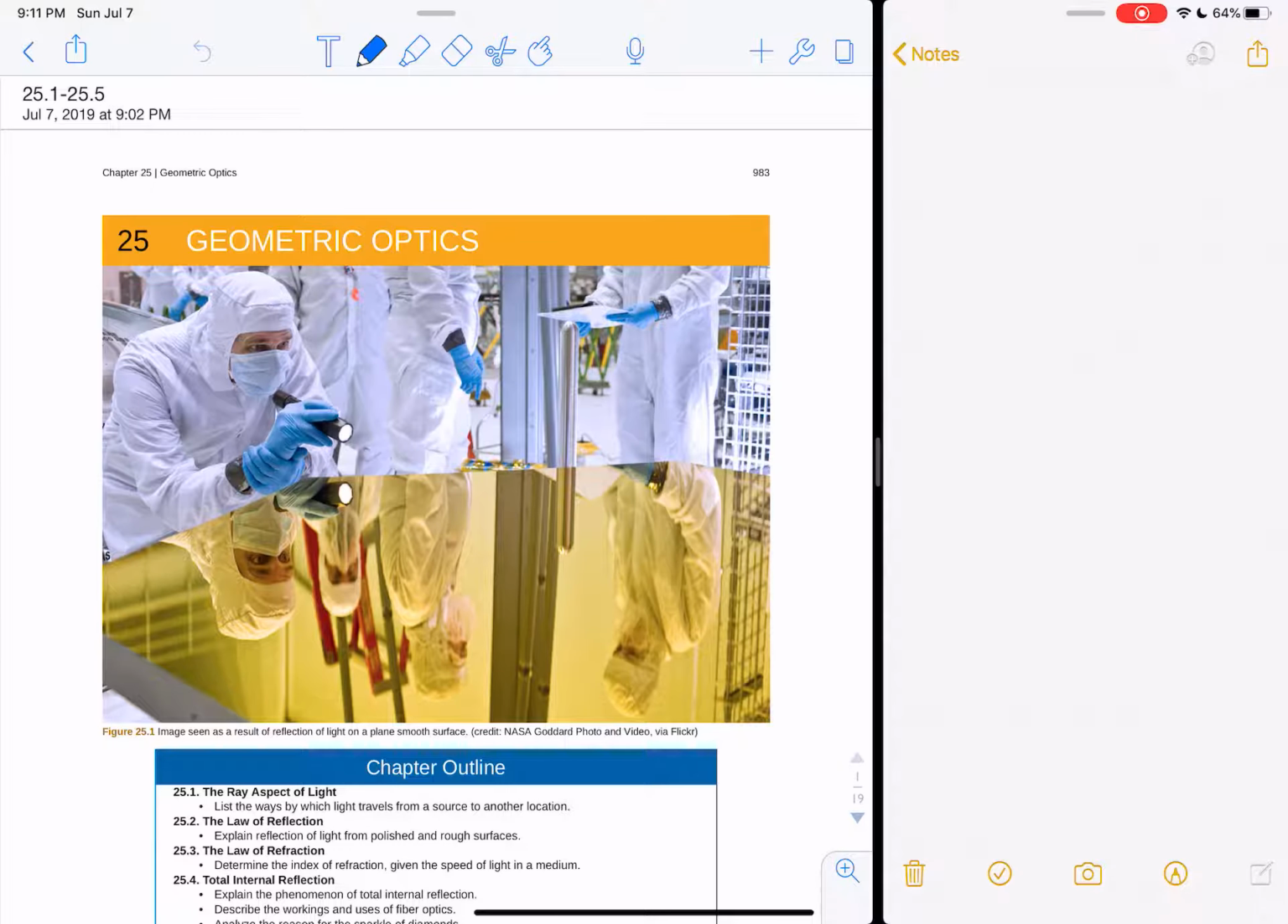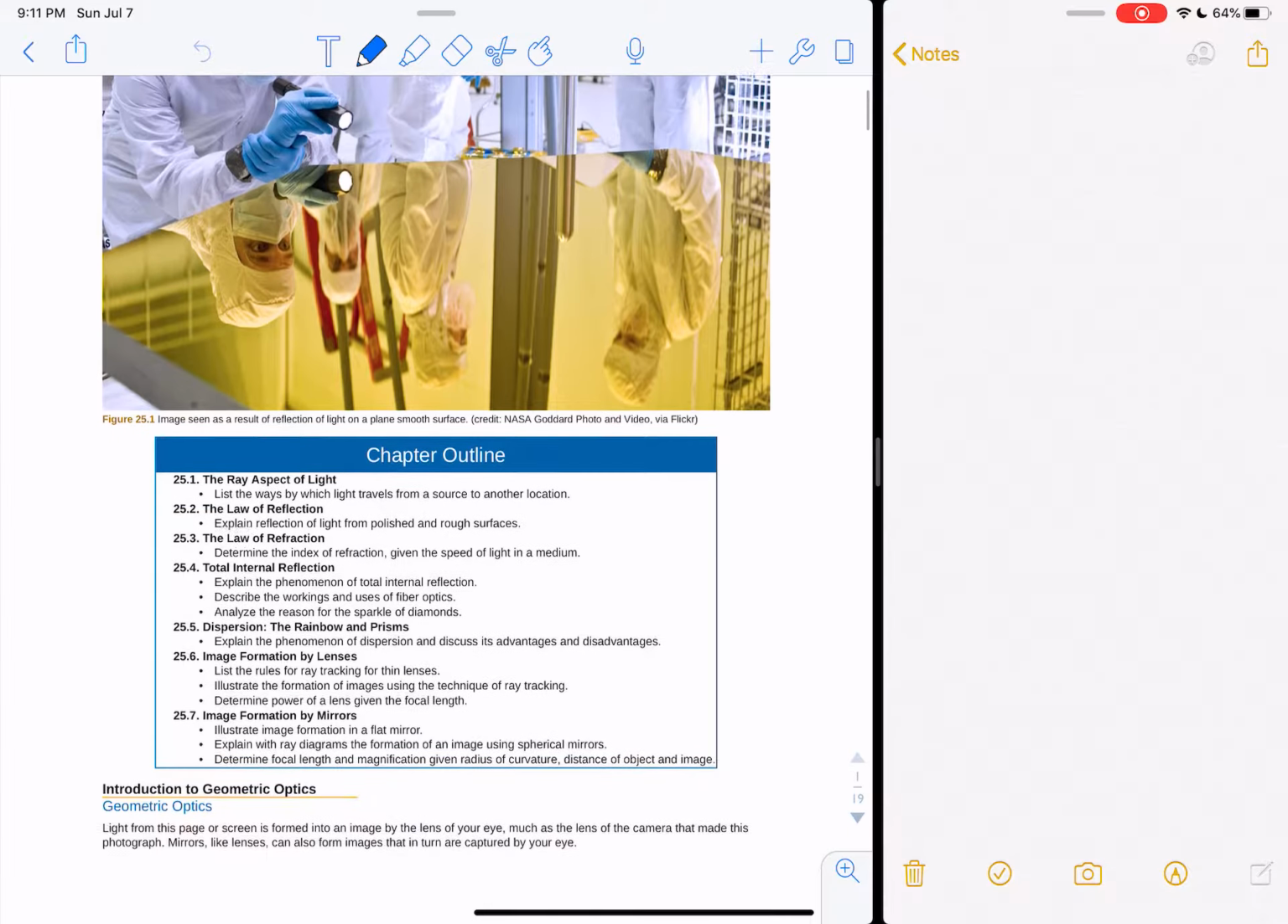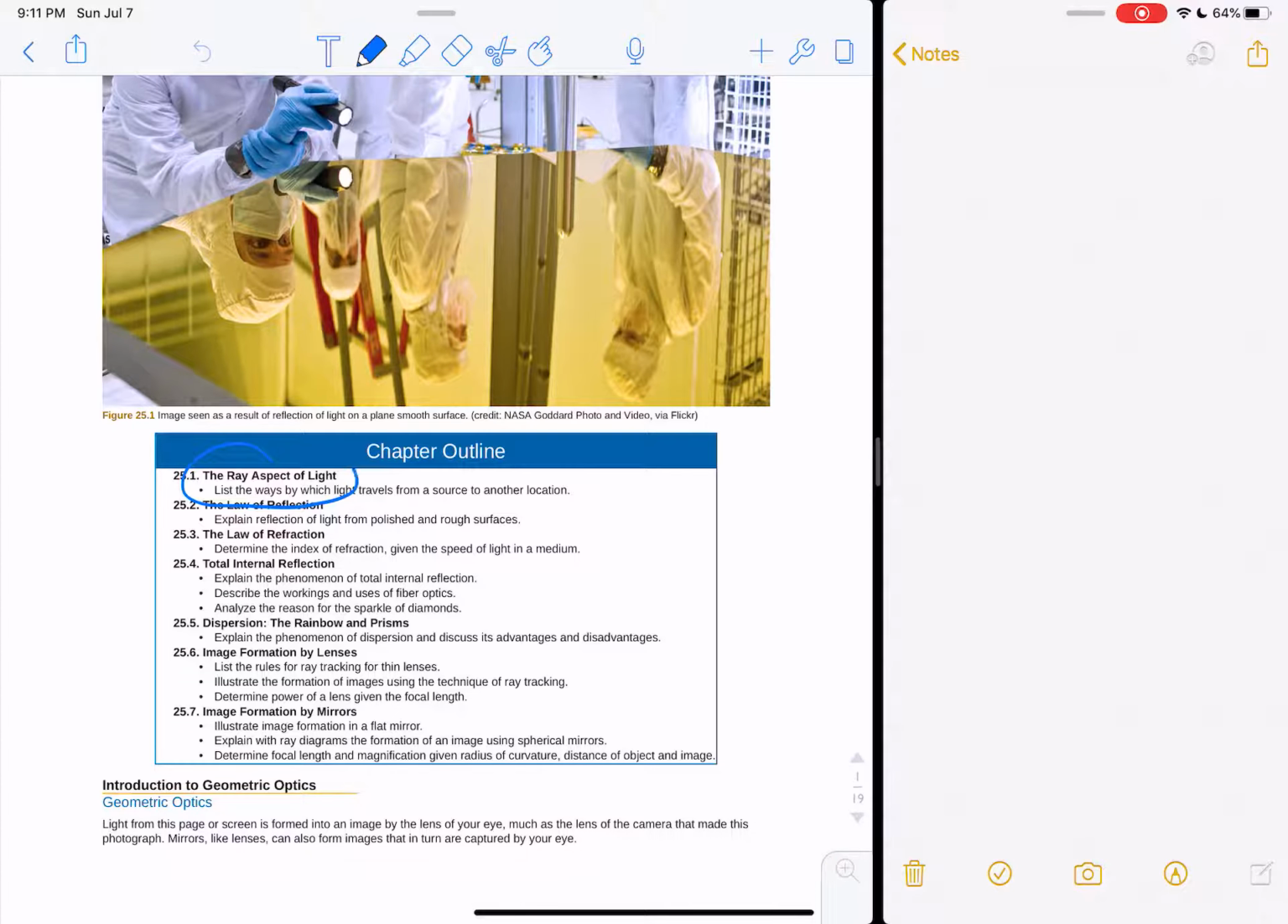Okay, so let's talk about 25.1 to 25.5, geometrical optics. So we're going to talk about the ray aspect of light, the law of reflection and the law of refraction, total internal reflection, and rainbows and prisms and dispersion. Okay, so